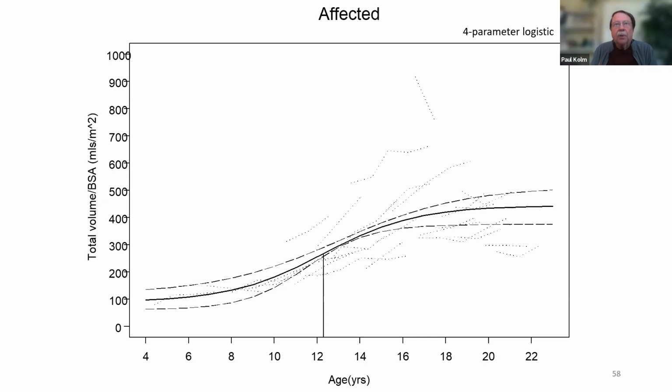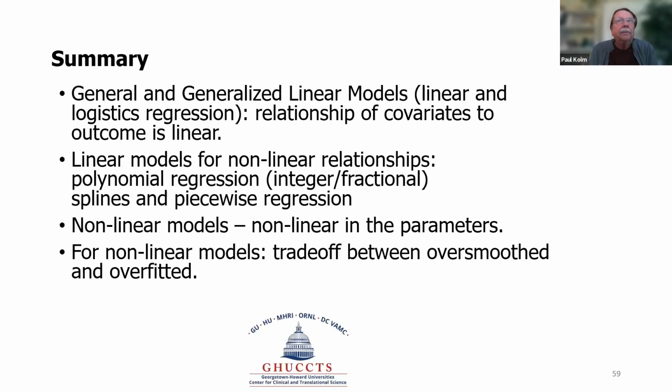So to end up here, general and generalized linear models are used to look at the relationship of covariates to the outcome where the relationship is linear. If the relationship is actually nonlinear, then what's used most often are linear solutions for that, which are polynomial regression, either integer or fractional, and splines, and then nonlinear models, where we use